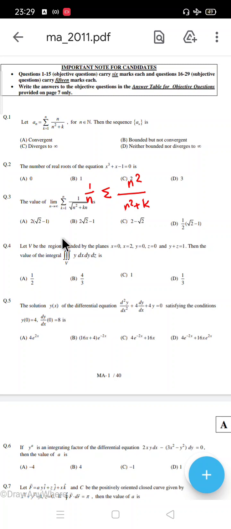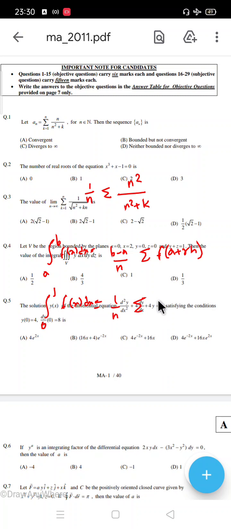Now I would like to make this as integration a to b f of x dx, that is also the same as (b minus a) upon n summation f of (a plus rh), correct. Now if I make a is 0 and b is say 1, this will be f of x dx, this will be 1 upon n summation f of, a is 0 for me, and this is rh, so r upon n. So your function should be in terms of r upon n, that's it.